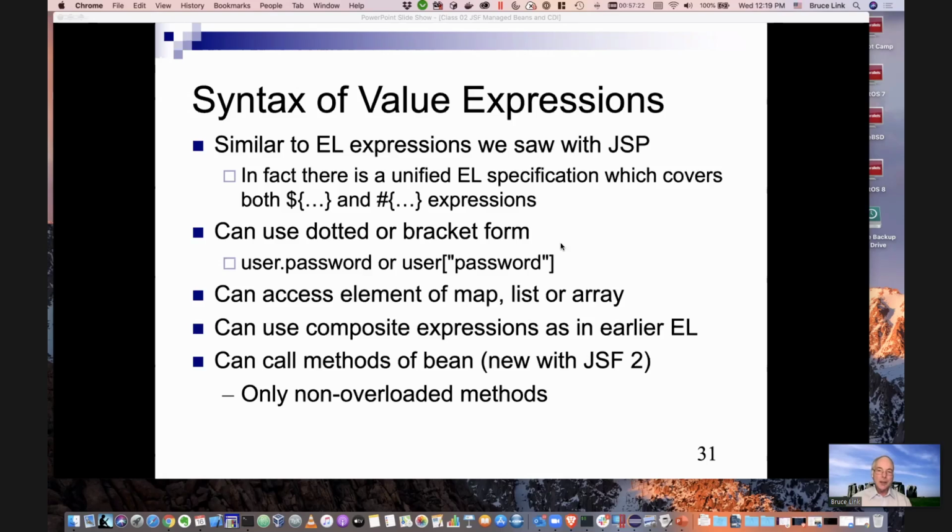But alternatively, you can use what looks sort of like an array type location with a string. Okay, so these two, user.password or user brackets quote password, are equivalent. The one with a string works in cases where your property was not a simple name that will work in Java code. Okay,